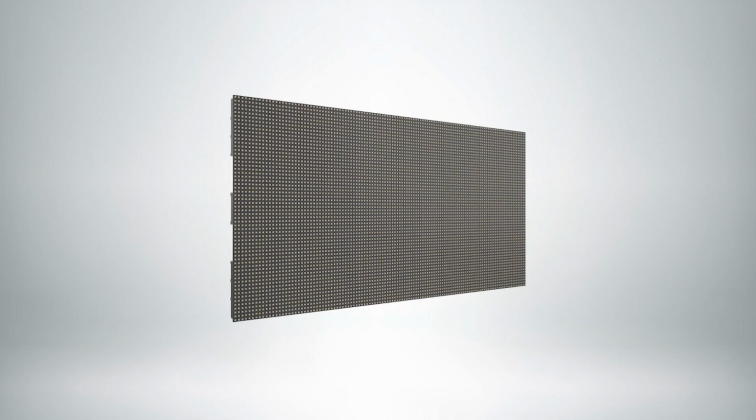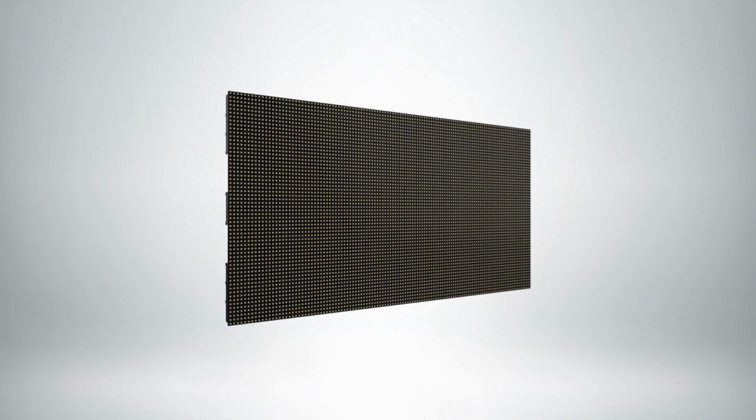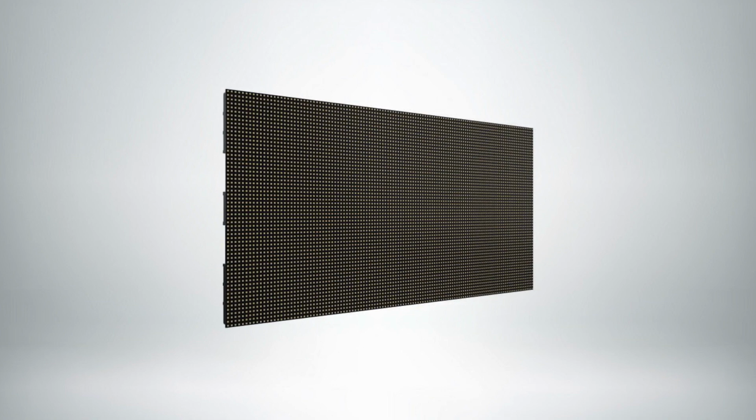So the desire has always been there in virtual production to use the volume as a light source. Now, the volume in and of itself is made up of RGB pixels, red, green, blue. There's not sufficient spectrum in RGB to illuminate the foreground effectively and accurately. So what we've done is we've taken a 3-color pixel, converted that into a 5-color pixel, consisting of RGB, 2 whites consisting of 2700 Kelvin, like a tungsten lamp, and daylight, 6500 Kelvin. And by blending all that together, now we can use an image as a full spectrum illuminant to light the